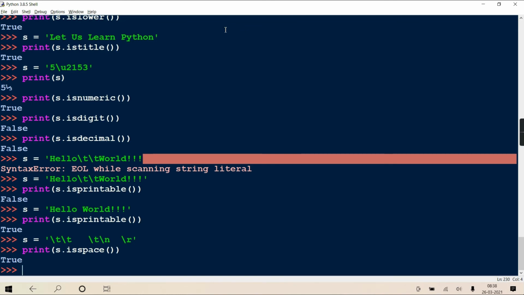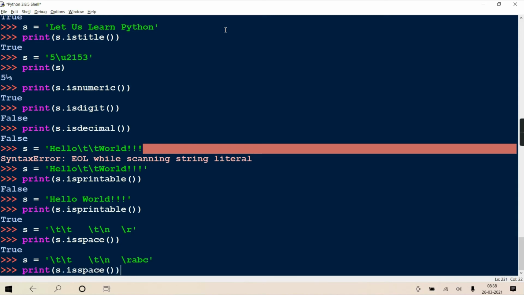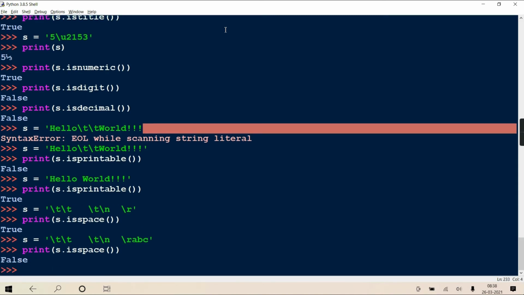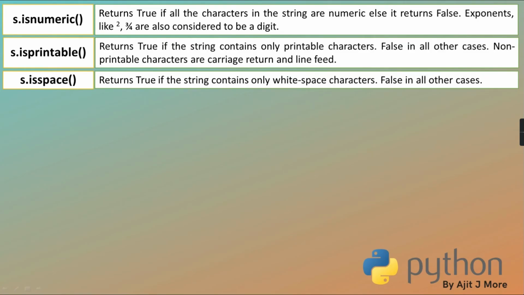Tab is a space character, space is a space character, new line, carriage return, they all are space characters. Now suppose inside this some other letters also come and you check is space, so obviously it will give false because it contains some characters which are not space characters. Now till here it is clear to you.